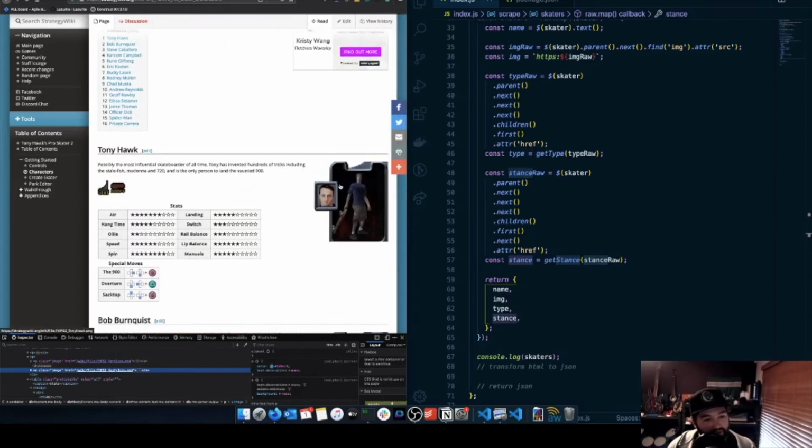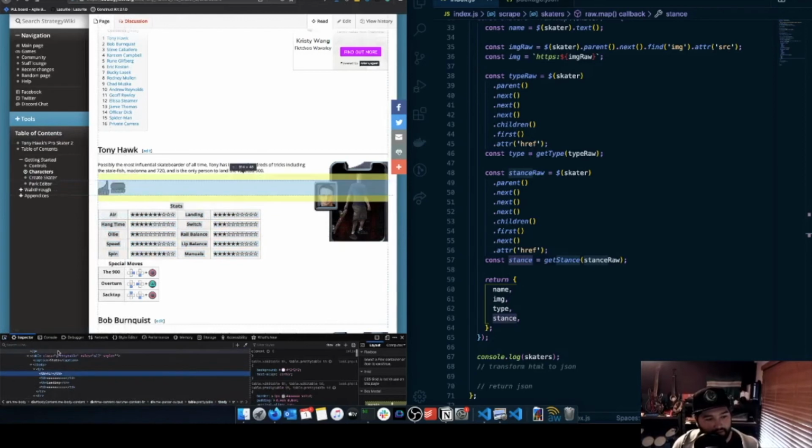We've got an image for our skaters. We've got what their type is, so whether they're vert, street, or all-round. And then we've got their stance, so whether they're goofy or regular. So the next thing we probably want to pull in is this stats table. If we have a look at this stats table,